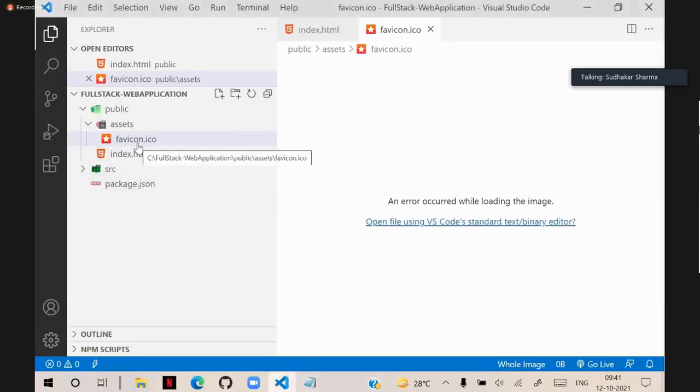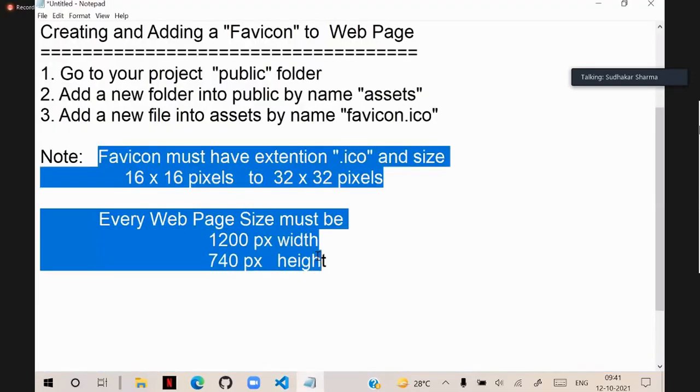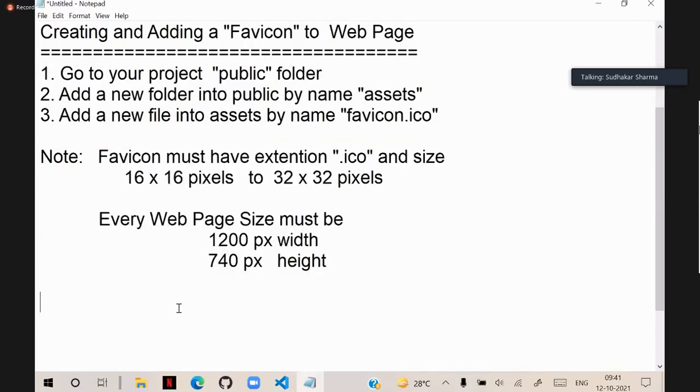Now you have to design this favicon. The rules for designing we have learned. Then how to design it. Now what you have to do, next step, is open your